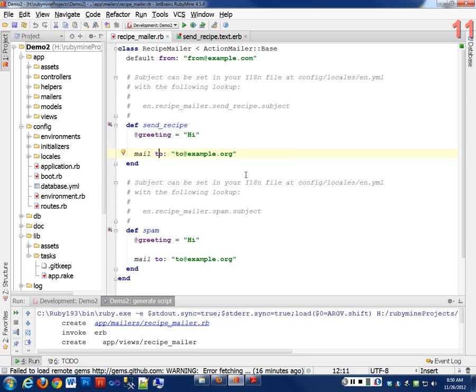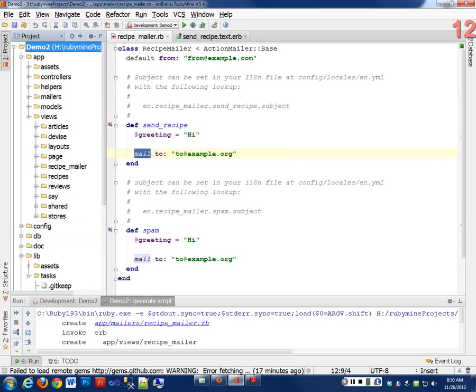Yes, this is the main method that is going to be sent out, and we can set some different information here. We'll just leave it like this for now. But we need to have some way of invoking this message, okay? So what I'm going to do is create some link on my site that's going to actually call this email message. I'm going to do that in my recipe